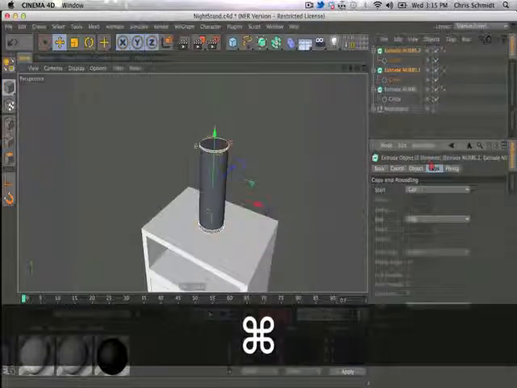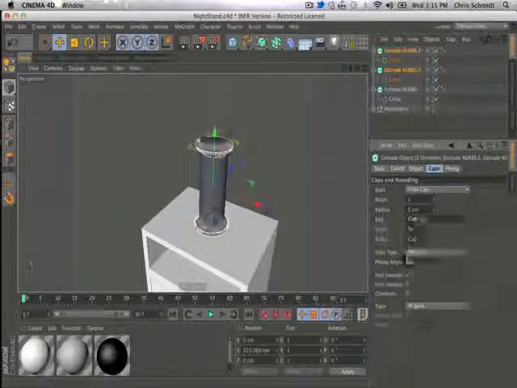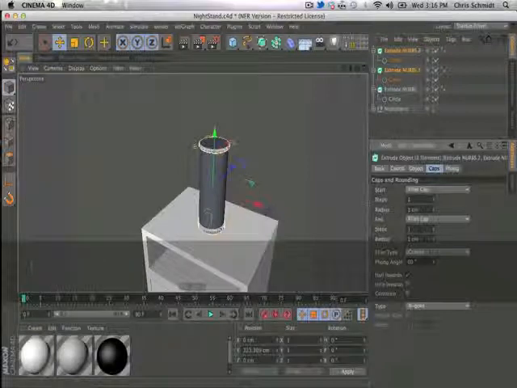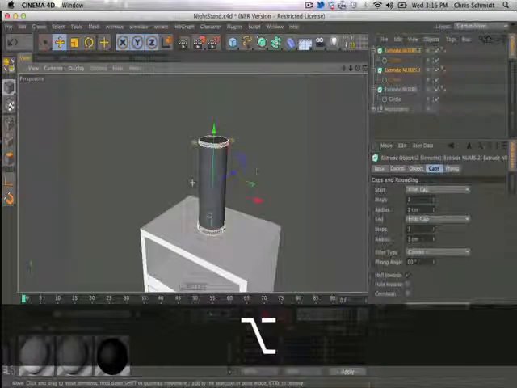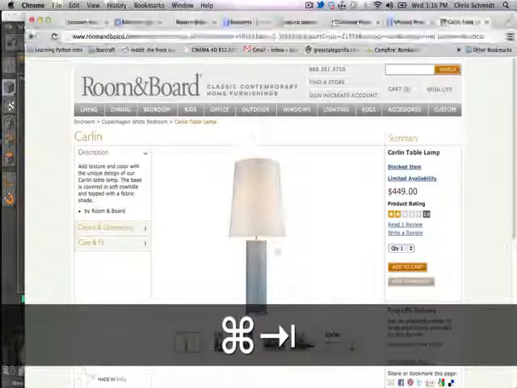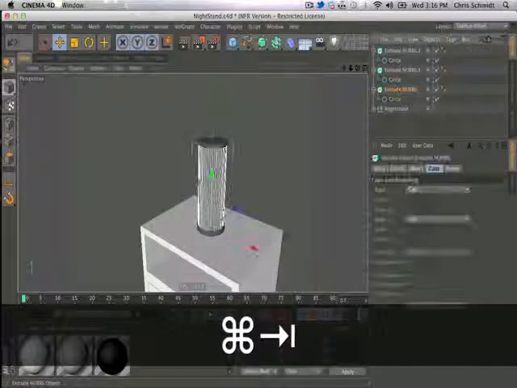And we can grab both these. We could go to the caps and say fillet cap, and now make this really tiny. Maybe 1, even 1 might be too big, but that's fine. That'll give us that little rounding. It's really nice for catching highlights. So there's the base of the lamp, and now we have that little pole going up, so we can copy